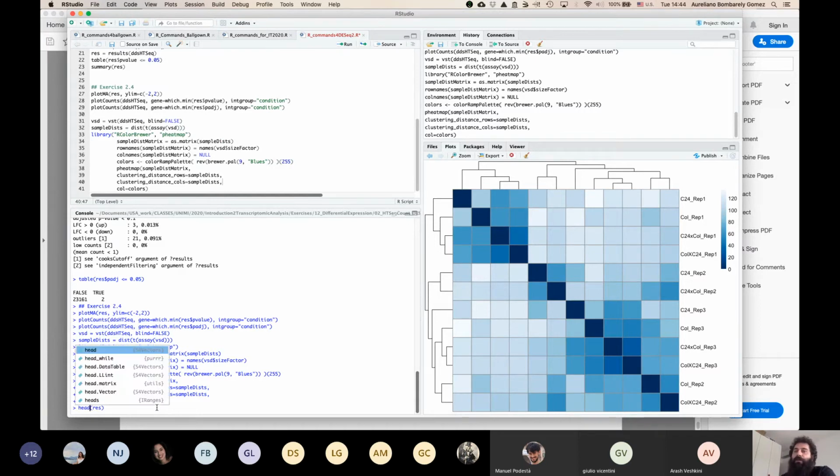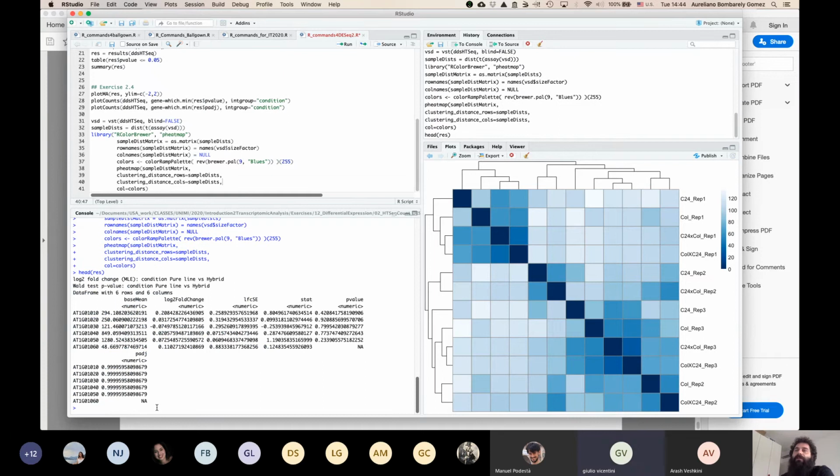So res is the results. This is all of the results, and here you have the genes. So you want to have the differentially expressed ones. This is a data frame, so you can say res, and then as a data frame we are going to select only the rows with a p-adjust value of 0.1, as we had before. So if we do this,